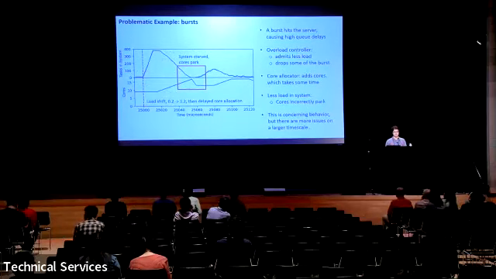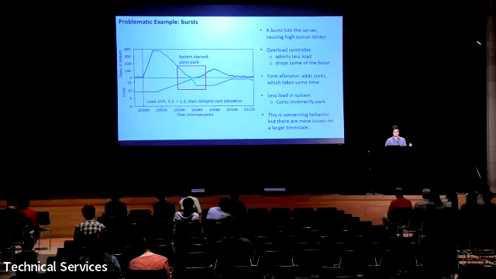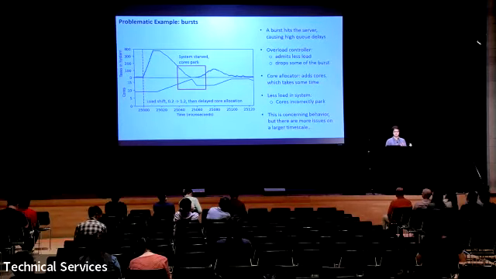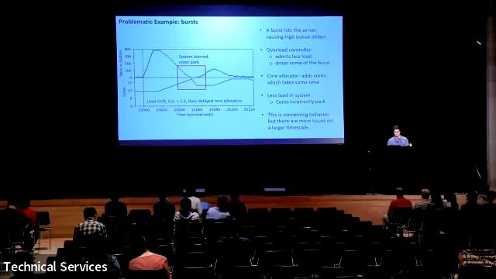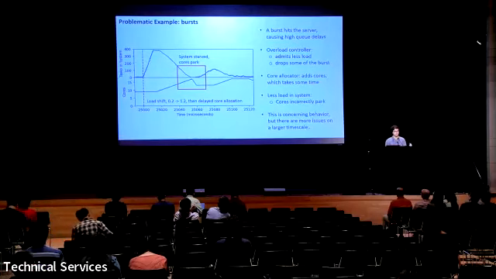So one problematic scenario that we discovered is, let's imagine a sudden shift in load that introduces a burst of requests to the system. As this burst hits the server, we see that high queue delays start forming as they get backed up in the queues, and the overload controller starts to do its job. It starts to emit less load and even drop some of the packets as needed to deal with the overload. On the other side, the core allocator starts to add cores, as it should, but this takes some time. So while this is happening, we experience less load in the system because the overload controller has already pulled back on load and dropped packets. So some of the cores can actually park even though we are experiencing overload. This is concerning behavior, but there are actually more problems on a larger timescale as well.